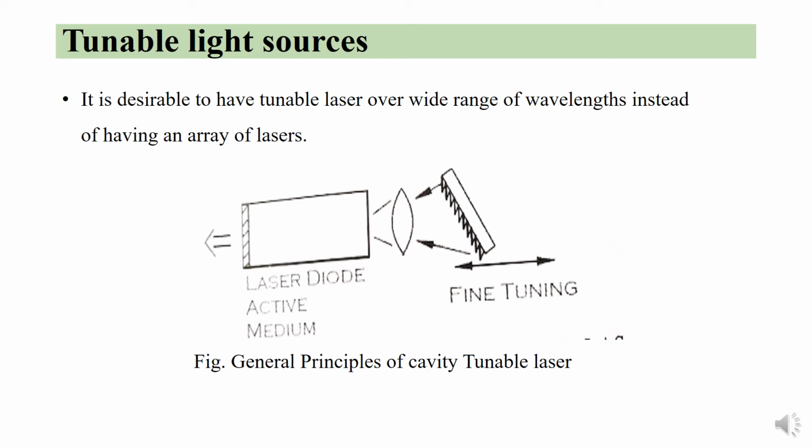So in this, the laser changes its wavelengths with varying resonance conditions for lasing wavelengths. The example shows the cavity tunable laser. The cavity scheme uses a grating. We can see that it uses a grating and a MEMS based fine tuning mirror.